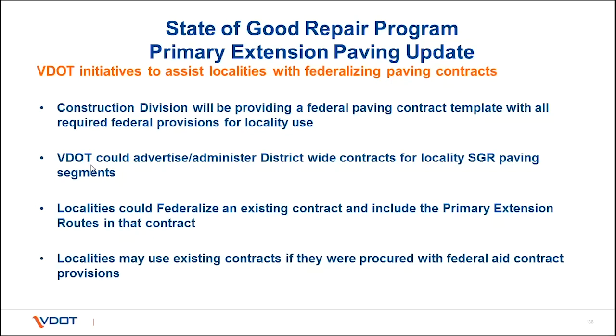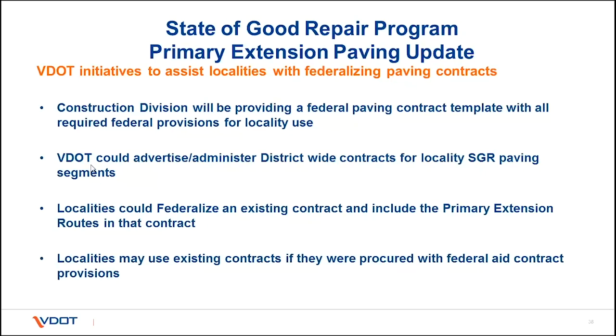How can we federalize an existing contract if it wasn't procured that way? You can. You have to come out the gate, because just from the perspective of procurement, those provisions need to be in there when the contractor's actually initially seeing it and submitting their initial bid. It's not as simple as if you had a federal contract and maybe you had wage rates, but you didn't have a specific wage rate. You can add that after the fact